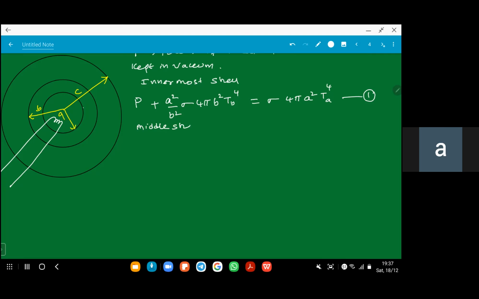Middle shell. Students, middle shell part. Now sigma, what is received by the middle shell B? Whatever is given out by A, F11 is 0 but F12 is 1, which means whatever emanated from A is received by B. So sigma 4 pi A square TA to the power of 4